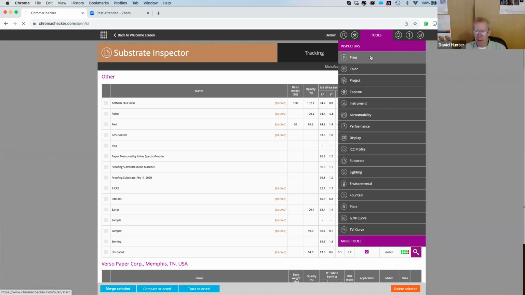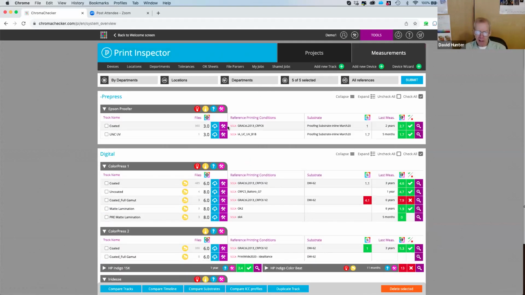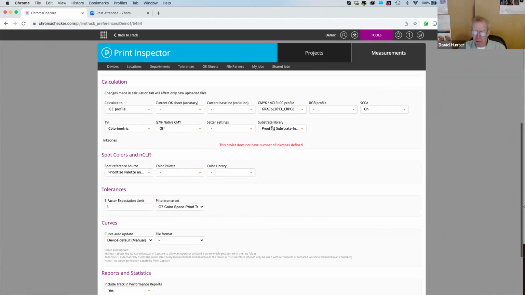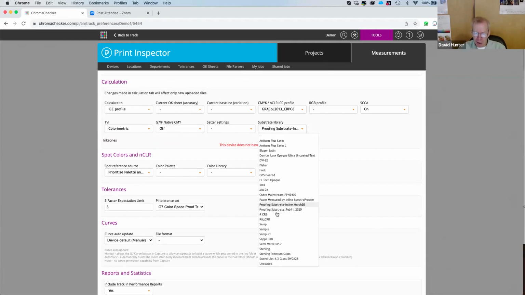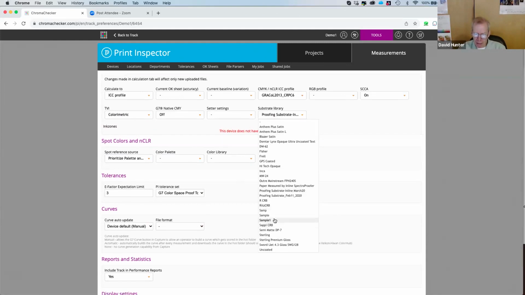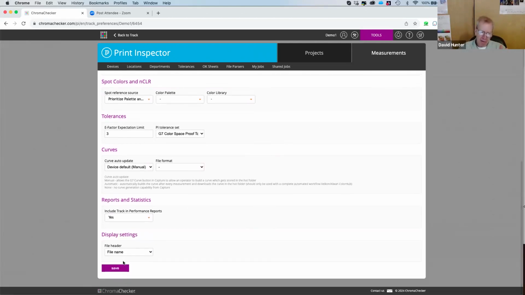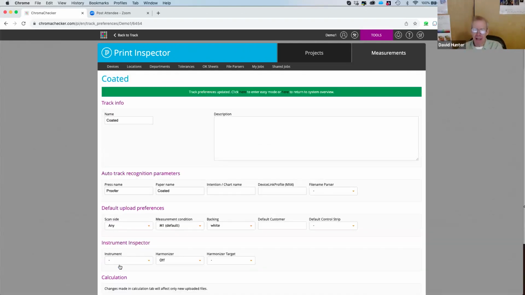So if I go into my print inspector, and let's say this is a new paper I want for my Epson. The current substrate is proofing substrate inline. I'm going to go in and hit the toolbox here and go here to my substrate library, and I could go in now and change it to sample 1. And now, once I say save, every measurement I bring in from this point forward, it will compare the paper